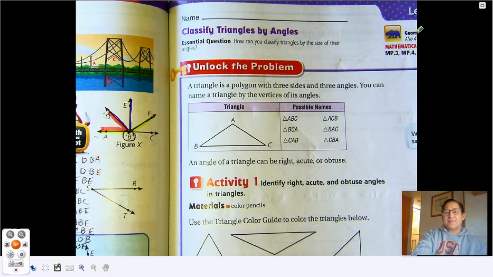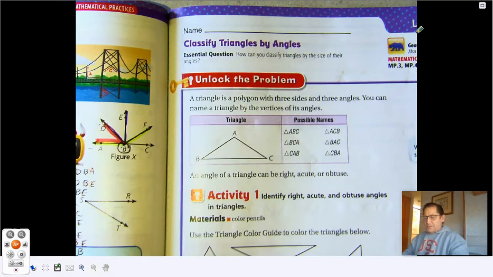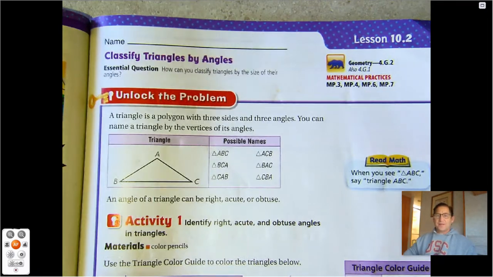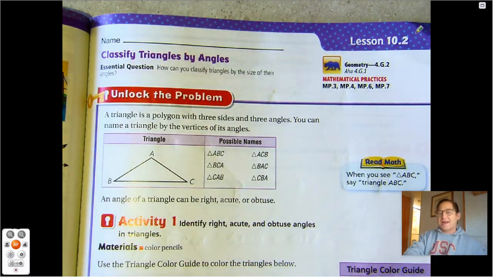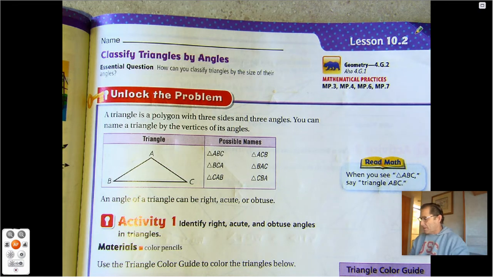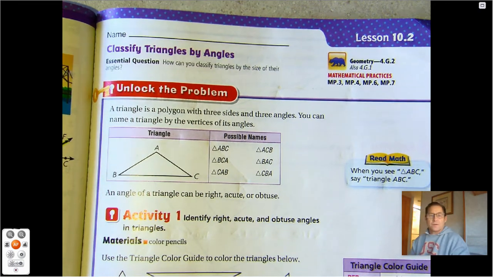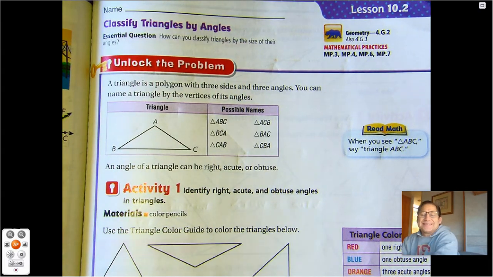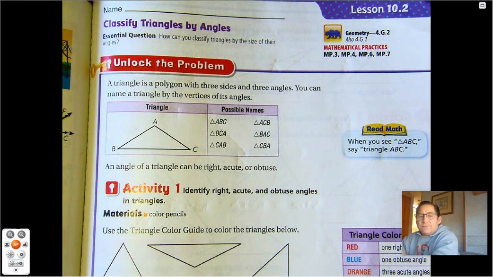Hello everybody. So we're going to continue with chapter 10, lesson 2, classify triangles by angles. Alright, so basically how can you classify triangles? By the size of their angles. So in this lesson, all we're doing is looking at the size of the angles in the triangles. There is another way to name triangles by their size as well, but right now we're just focusing on the